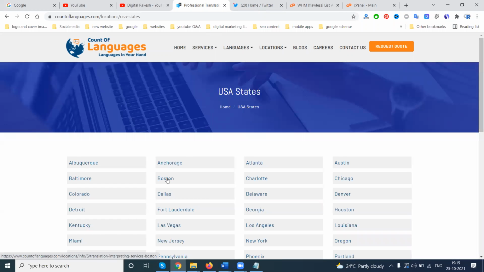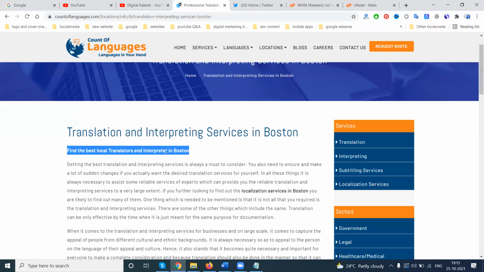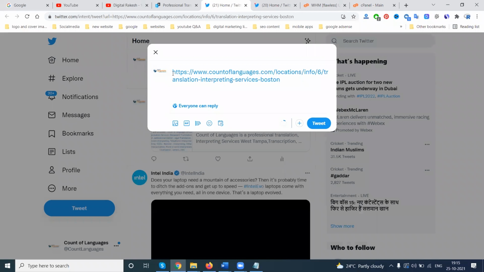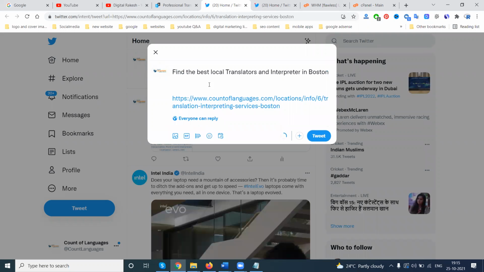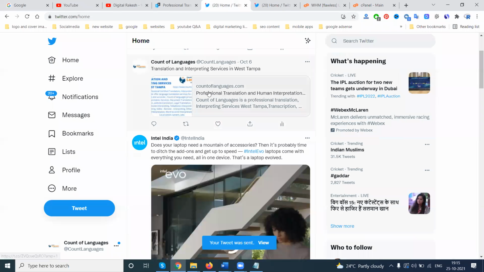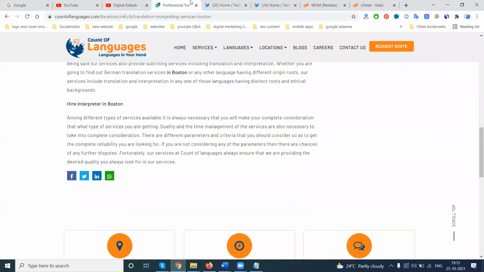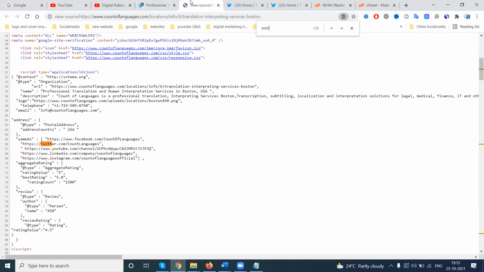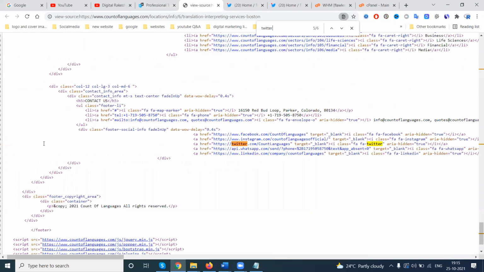So in this image, if I'm posting, click on it and select Twitter. It is showing as a small image when I post it. What is that? In this website, we have to write the Twitter card. We are writing the Twitter card, but no Twitter card is there. So how do we write the Twitter card?